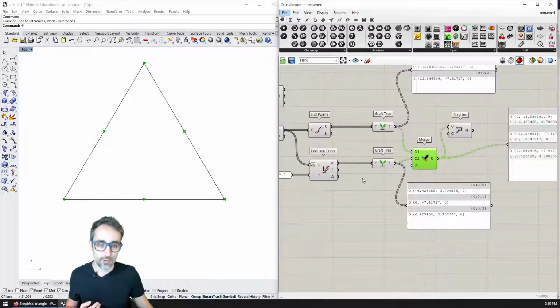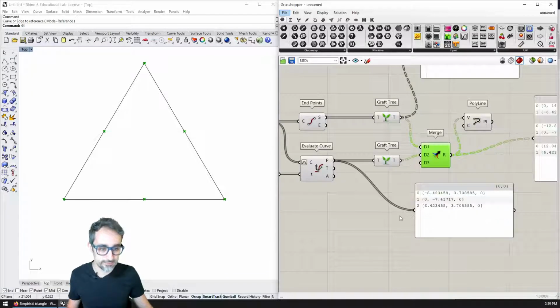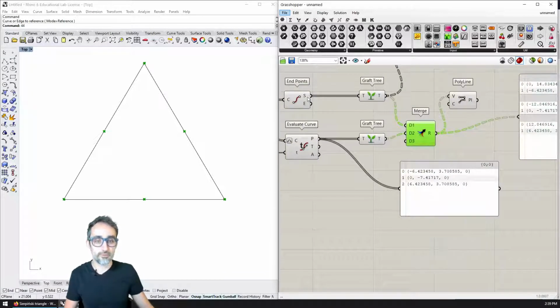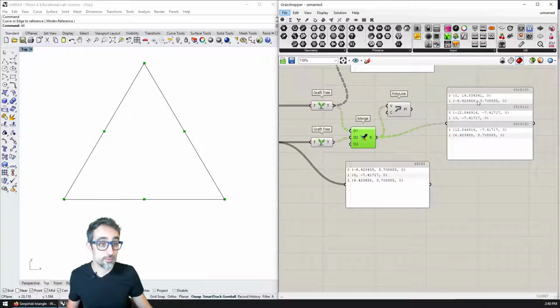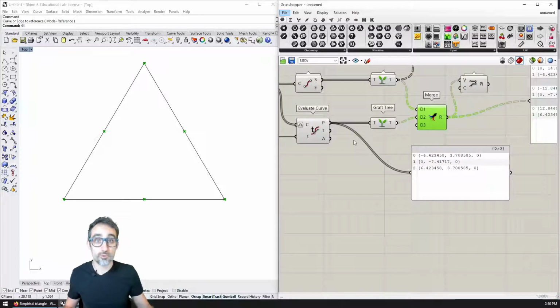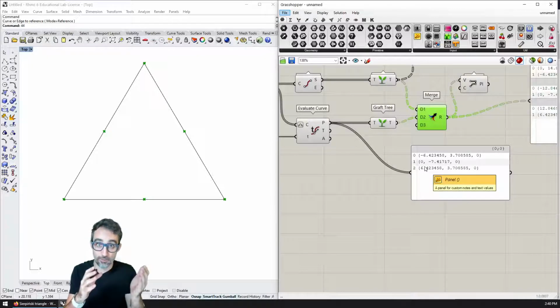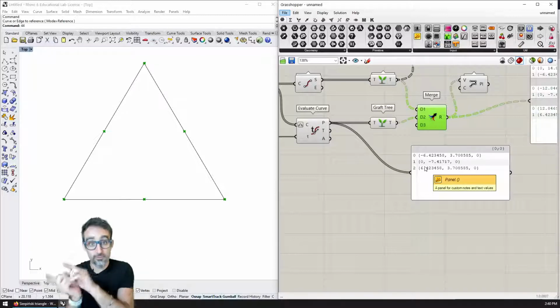How is that going to work? Well, turns out I have a list of ordered midpoints 0, 1, 2. I have another list of midpoints 0, 1, 2, the ones right after. So if I now want to add another list to be combined with this tree, instead of these points in the same order, what I need to do is point to the middle points that were before.